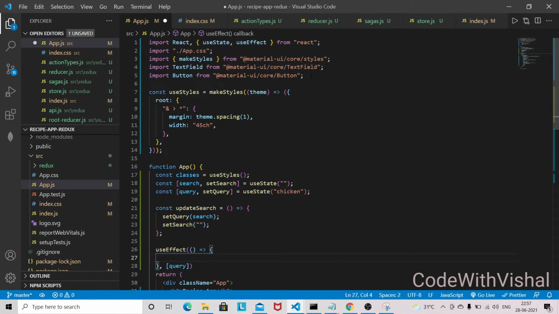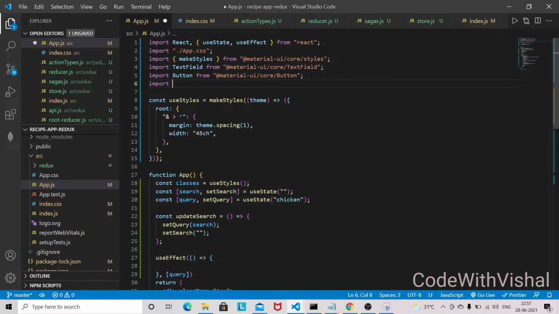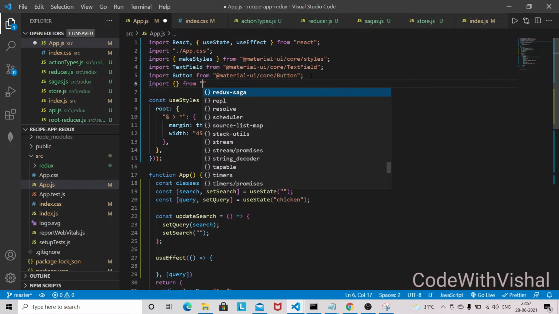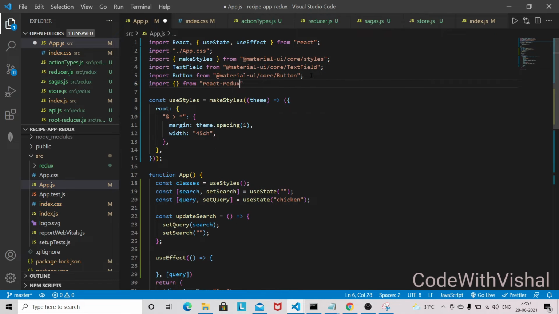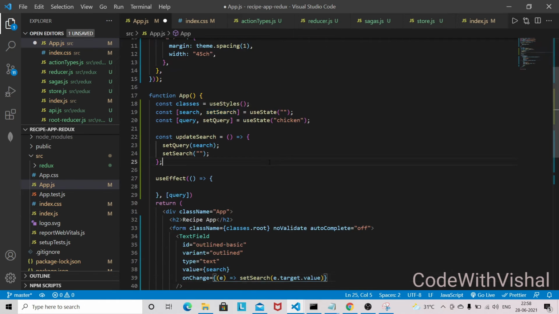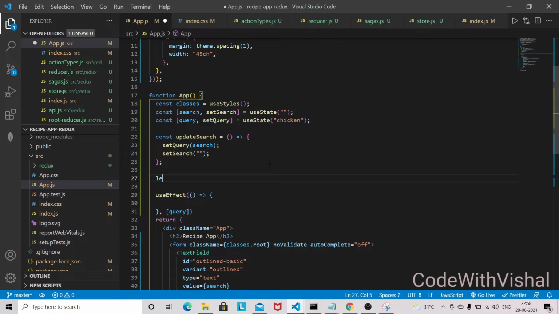So let's import useDispatch and useSelector as well from React Redux. In order to dispatch an action, we have to store the useDispatch into a dispatch variable.